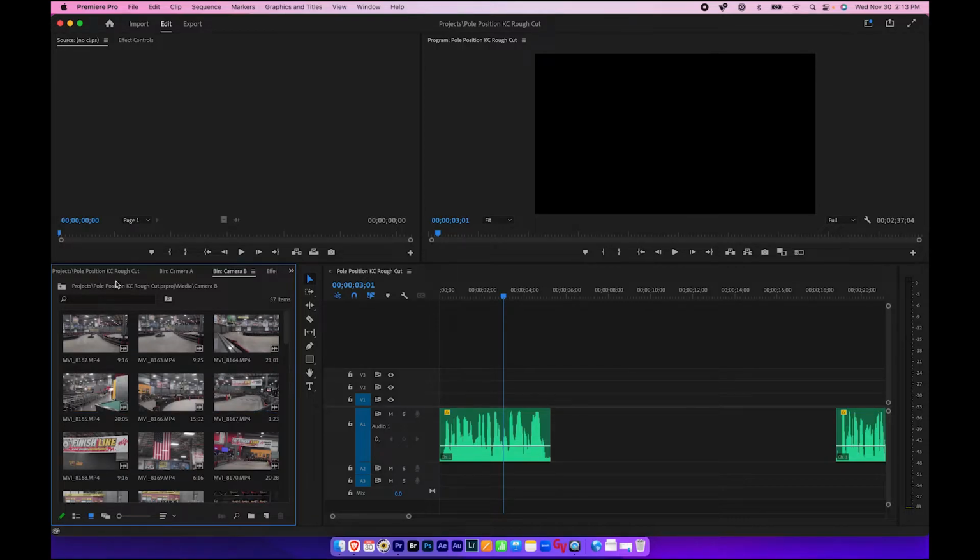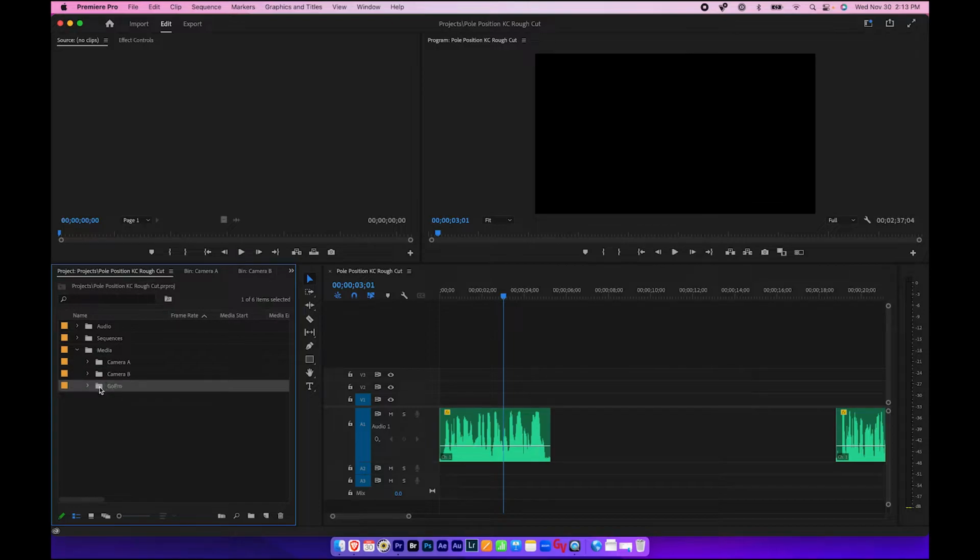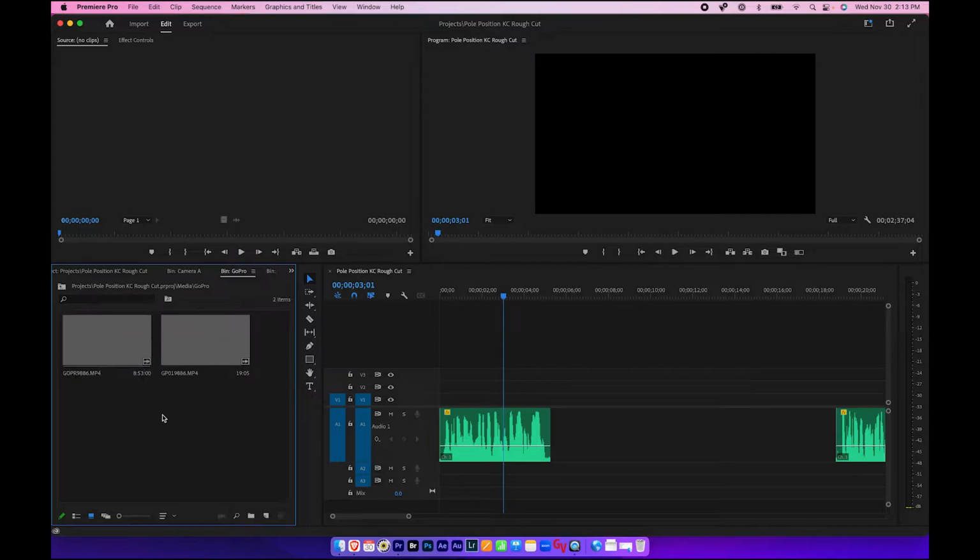What I'm going to do, and then I think my GoPro one as well, I can kind of get a preview of what that looked like here. Again, just doing this icon view for these and kind of just seeing what those look like. So that's a lot of fun, kind of seeing how those looked. Okay, so I'm going to choose a couple different clips here that I want to use for this